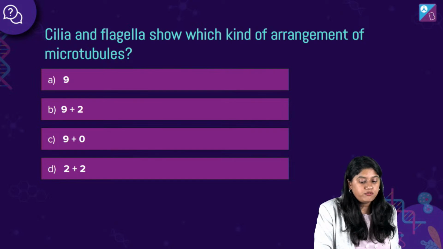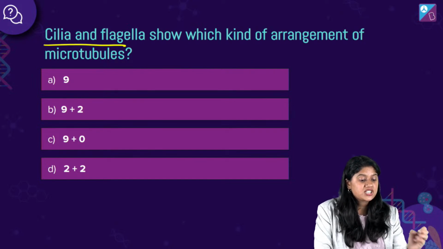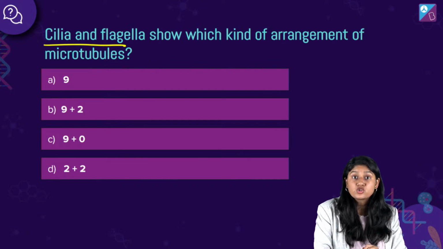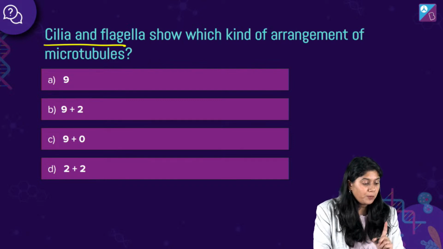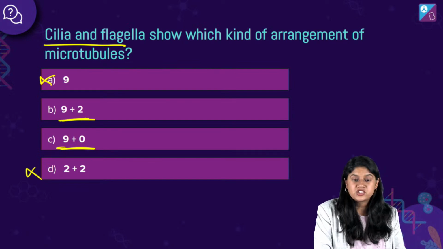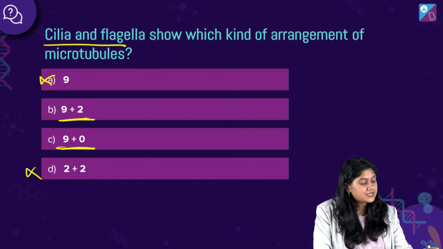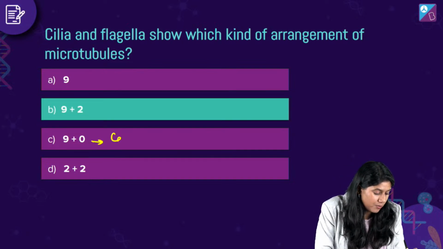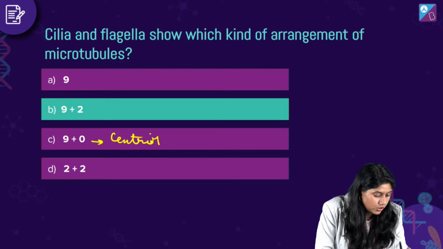Next question everyone, cilia and flagella show which kind of arrangement of microtubules? सीलिया एंड फ्लैजेला में specifically they are asking which kind of arrangement of microtubules we can see. हमने 2 पढ़े हैं, 9+0 और 9+2। ये 2 तो ऑप्शन में होने ही नहीं चाहिए, right? And the correct answer is 9+2। 9+0 हमारा सेंट्रियोल में है।